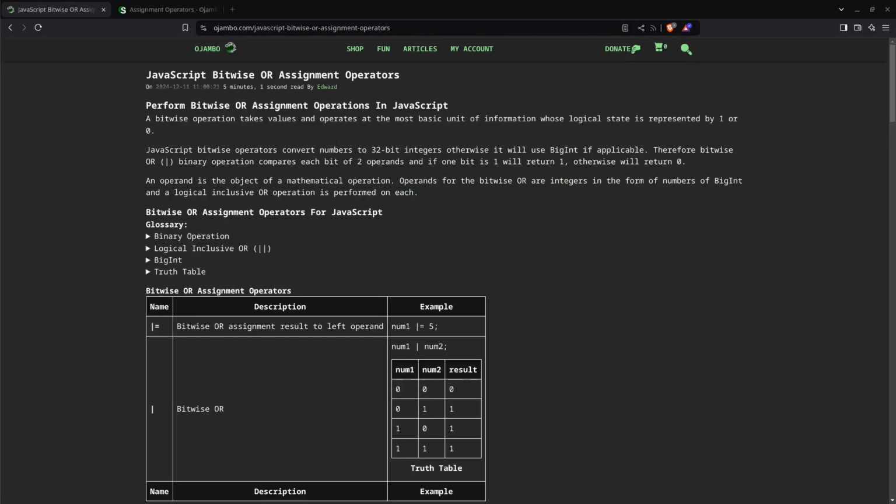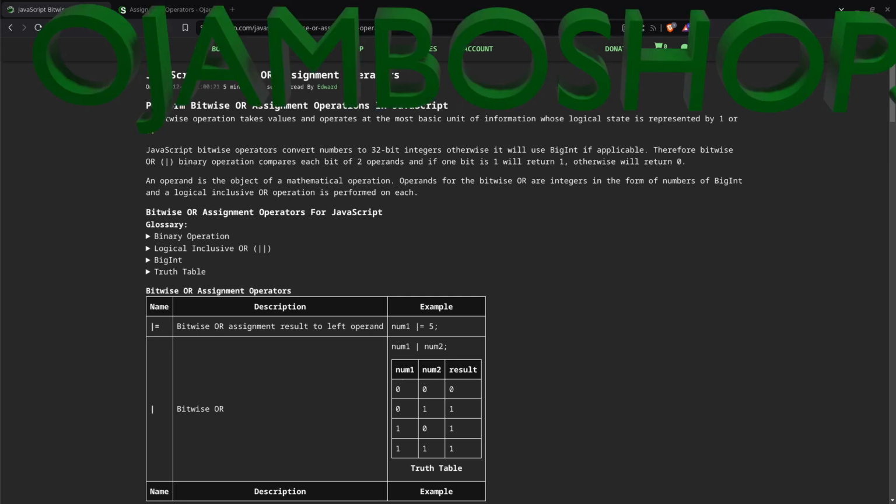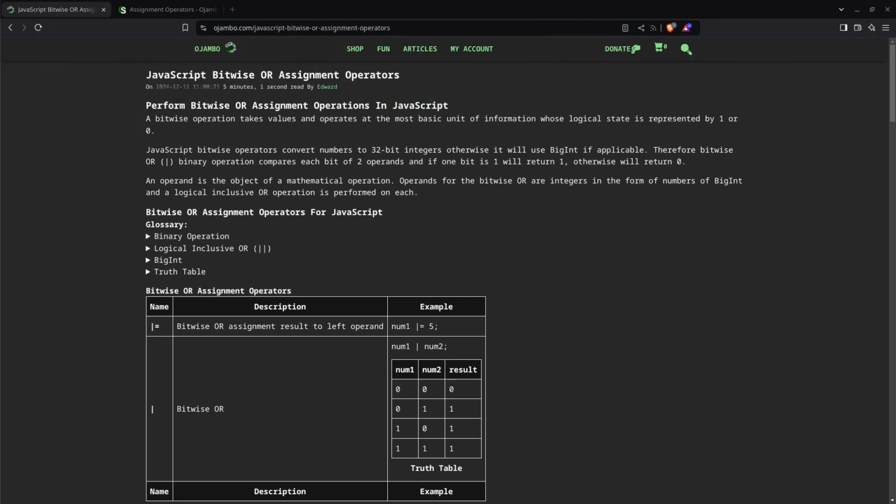In this tutorial, JavaScript will be used to create a bitwise OR assignment operator. This is brought to you from ojamboshop.com Learning JavaScript Course. JavaScript makes it easy to use the bitwise OR assignment operator. You can use the bitwise OR assignment operators to compare two values of the same numeric integer type to return 1 if 1 matches. ojamboshop.com Learning JavaScript Course web ID can be used for this tutorial and also inspired this